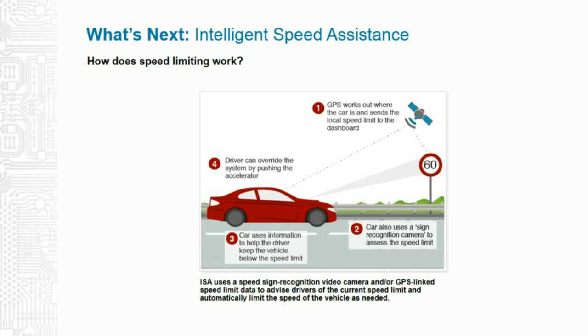But we're going to start to see these systems, particularly in Europe, and I mentioned 2022, when a bunch of safety systems are going to become mandatory, where having this provision on the car will become required. And in some cases, although it's yet to be determined, whether they'll take the next step, which is to prevent you from exceeding the speed limit. My guess is that won't happen, that this will simply be advisory, at least in the beginning.